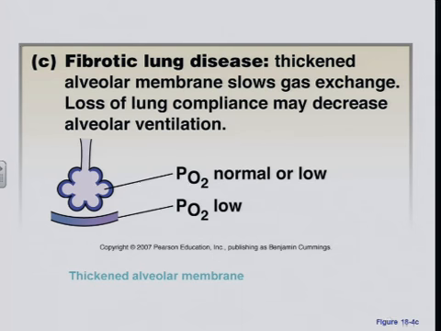So if we can compensate, then our PO2 in the alveoli will be normal. But if we can't fully compensate, it will be low due to low tidal volumes because of the poor compliance. As well, we will have a low arterial oxygen because of decreased gas diffusion.